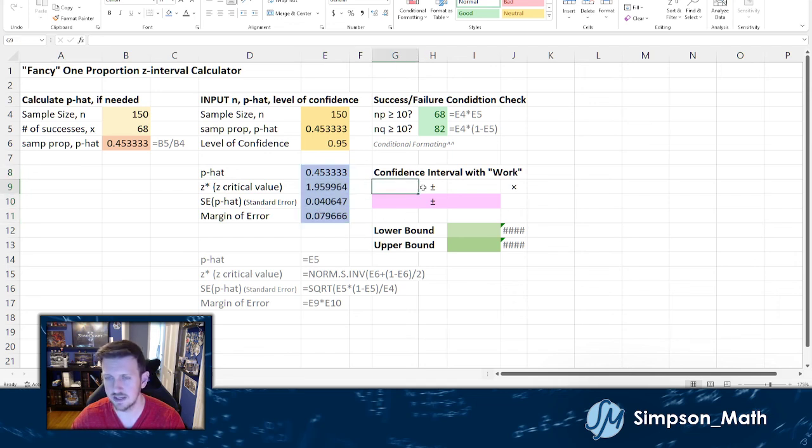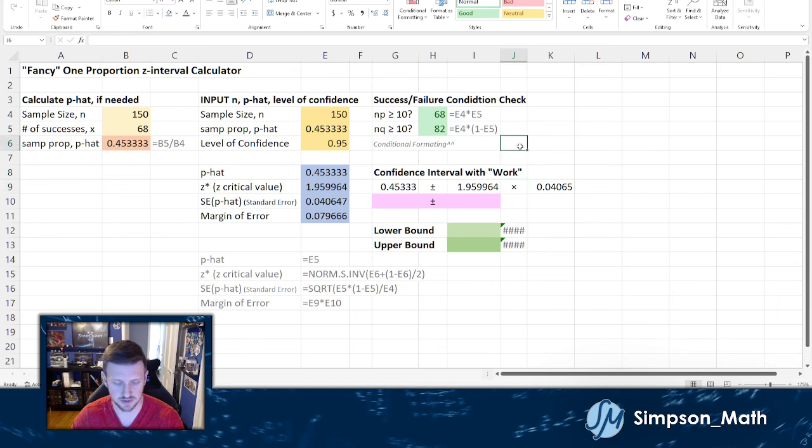So what I'm going to do is build this out as if I'm working it by hand. So this is going to be my p hat. I'm going to grab my p hat right here. I could have grabbed either, but I'm using these for now. And then this is my critical value, so plus or minus my critical value times my standard error. By the way, these symbols are greater than or equal to, plus or minus, and this times symbol,